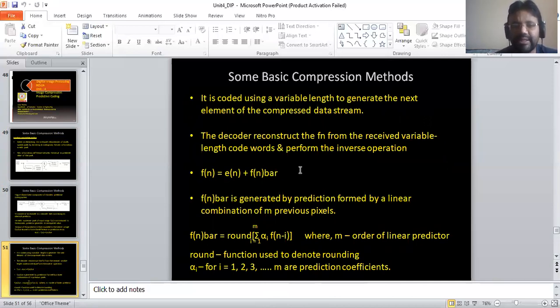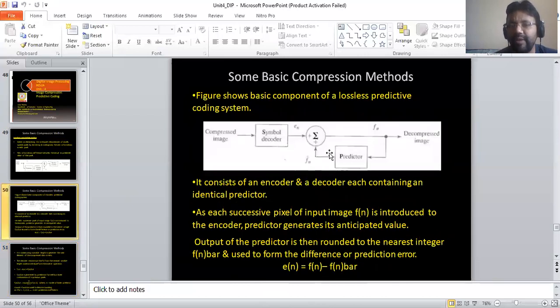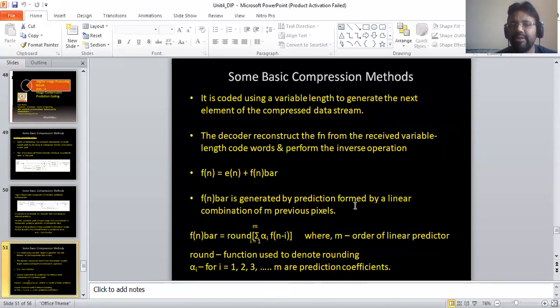If we see, this expression comes from here, where we have both plus symbols over this unit. So en plus fn bar is equal to fn. This expression is generated through this mechanism, and fn bar is generated by a prediction formed by a linear combination of m previous pixels.